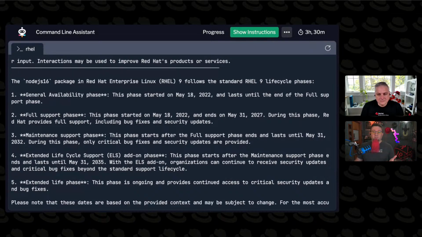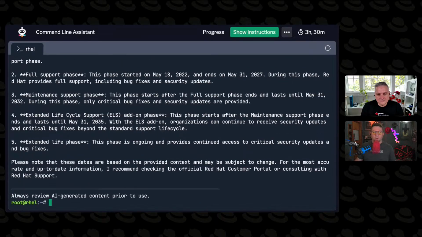So it defaulted to giving me the general lifecycle for a release of RHEL, which of course is not 100% the right answer, although it probably would have gotten me to the right answer if I went through this and started digging deeper. But if I refine my question a little bit here, and we ask it,